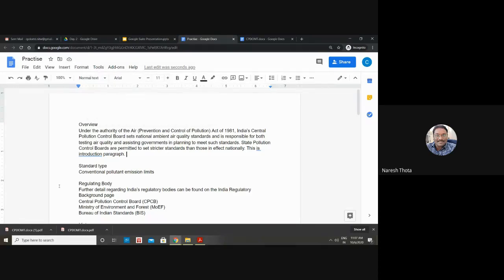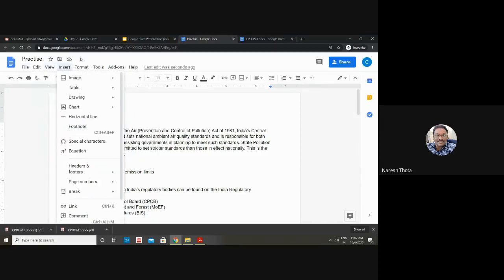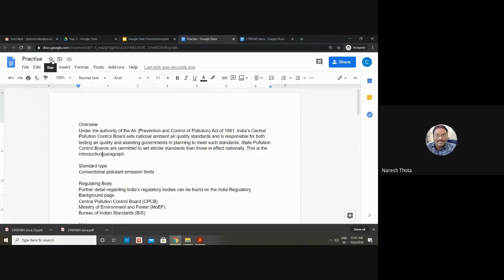And you will have some spelling mistakes here. Between "this is", I think I missed "the", so it is already suggesting there is a grammatical mistake in your sentence, which you can fix with the help of a click. Usually your file will be saved to a particular folder, and you can actually star this document.